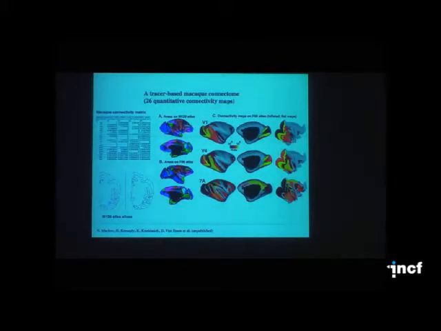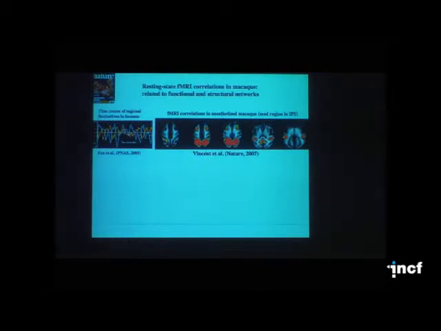This is one more representation of the strength of pathways from one cortical area. For example, V4 is connected to this set of areas in the macaque, on this logarithmic scale showing the strength of connections. So we're able to get a more advanced understanding of the macaque connectome from modern application of retrograde tracer techniques. We have another powerful method that has been validated in monkeys and studied in great detail in humans, as I'll get to a little bit later, and that is resting state fMRI.